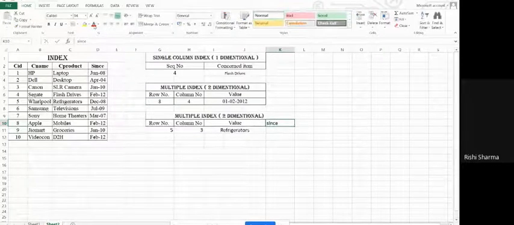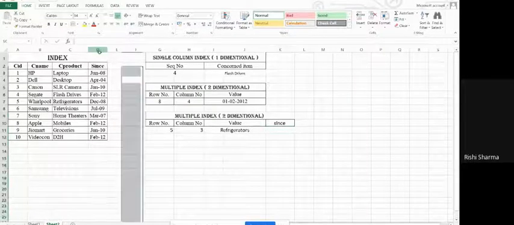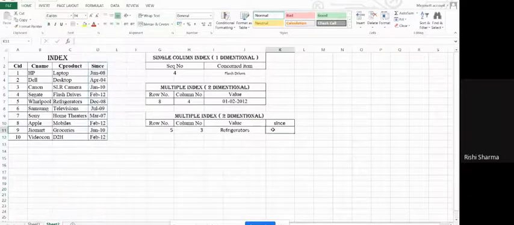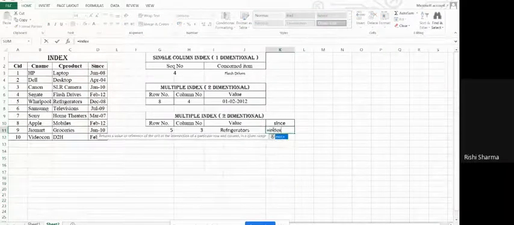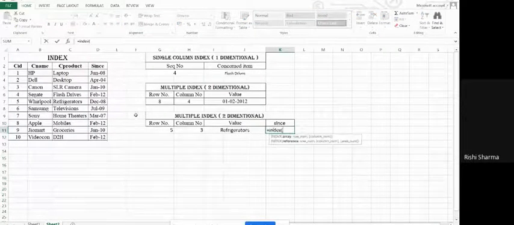So what I will do, I will use the indexing again, and in this indexing I will use this particular value. All right, I have to use this column. So I will use equal to INDEX, then I have to use this database.